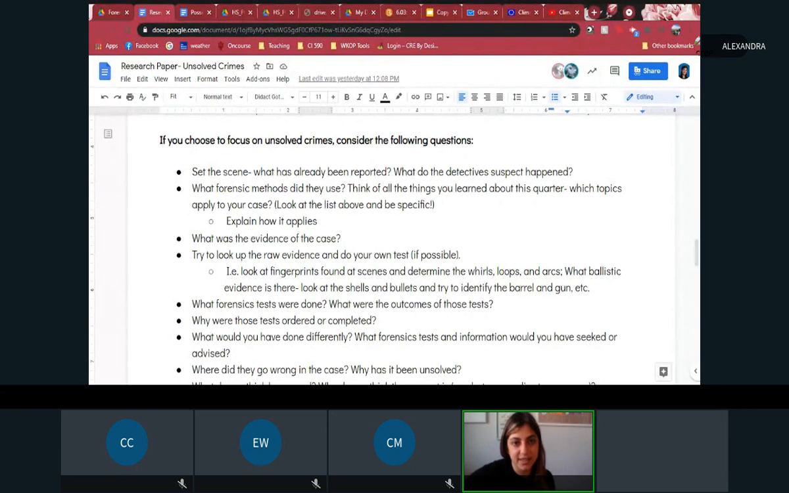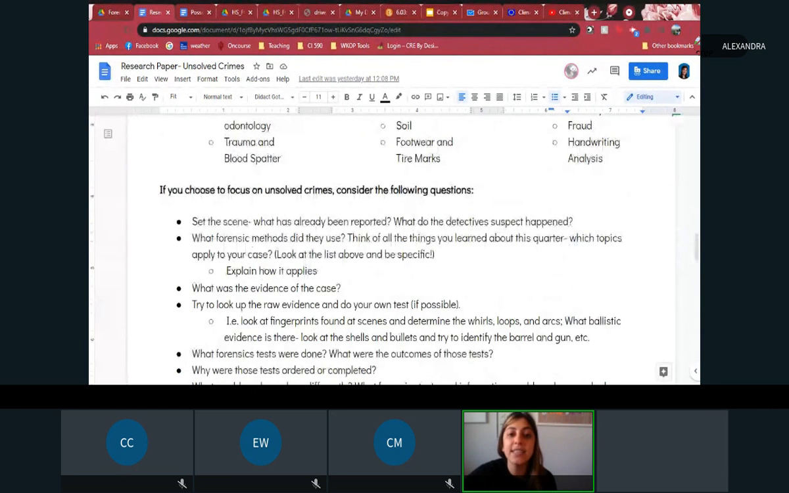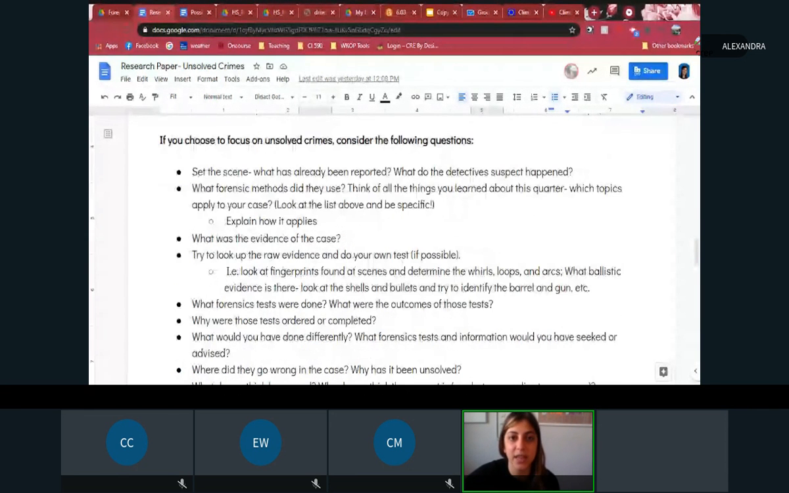What forensics methods did they use? So think about everything that you learned this quarter, right? So that's all of these things, and which ones do apply to this case and how do they apply specifically, right? So connecting, we're all about connecting. So give me the whys as well. What was the evidence of the case? So give me some information, what evidence was already found,